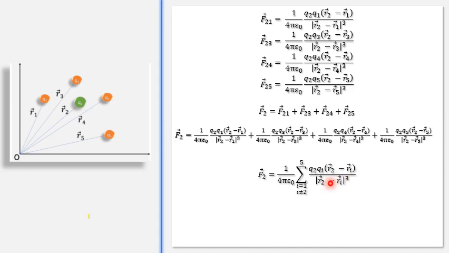What if I have a system of n charges instead of 5? If you want to find out force on j charge, this was force on second charge. If I want force on charge j, qj, instead of q2 I will have qj, and if I have n charges instead of 5 I will have n. So that equation should look like this. The way here we have I not equal to 2, in this case we should mention that I cannot be equal to j because you are finding out force on j charge. So this is the resultant force using superposition principle.